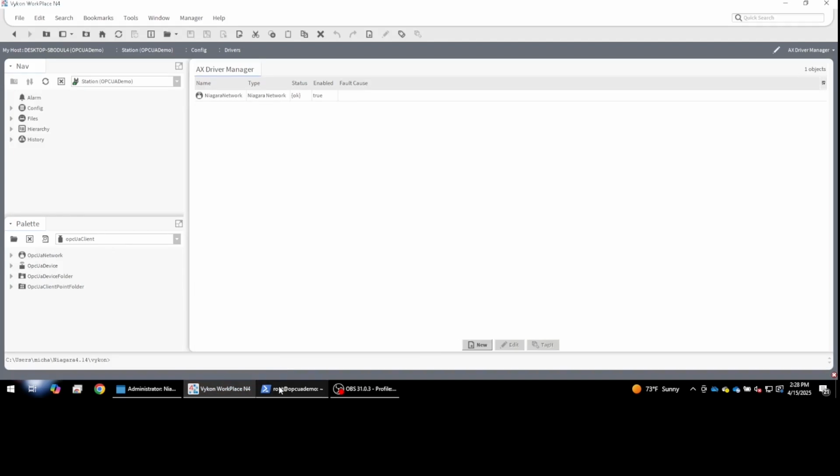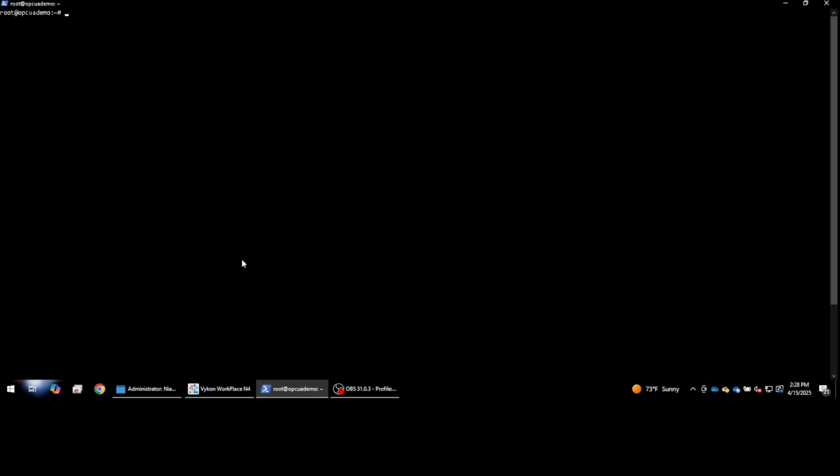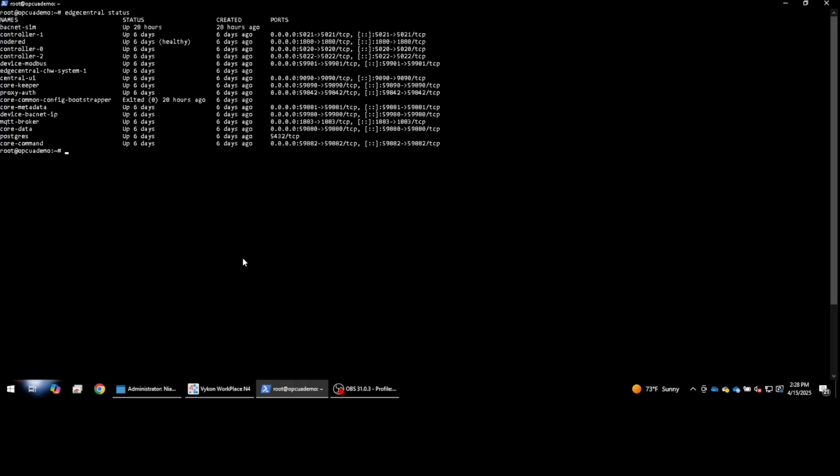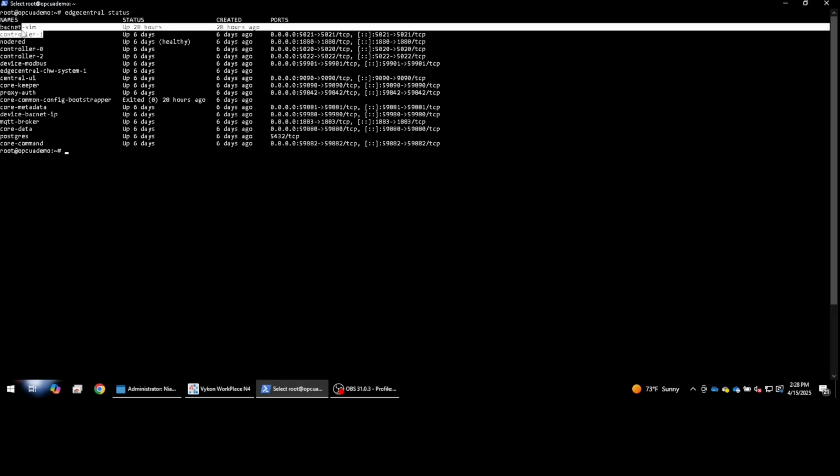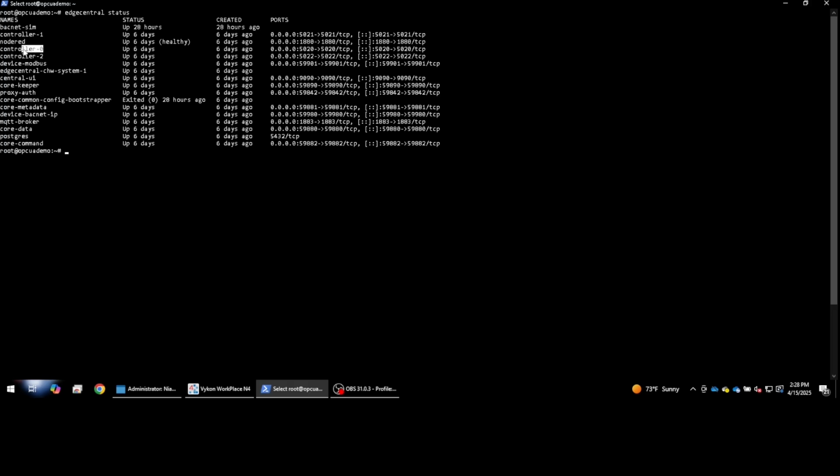So this is a fresh install of Edge Central. I'll list out the services, and as you can see, I'm running a few Modbus simulators and 2 BACnet simulators. So a couple different OT protocols here will be normalized into OPC UA. Clear the screen, and we're going to stand up the OPC UA server with Edge Central up